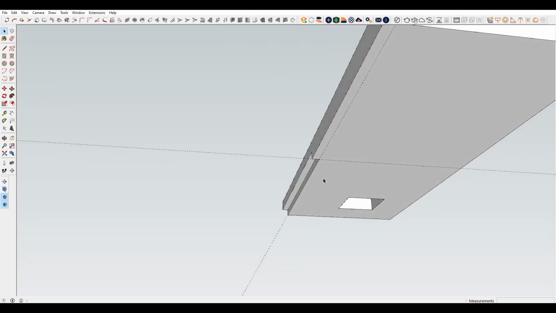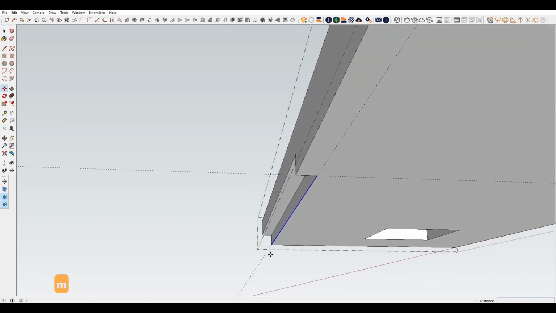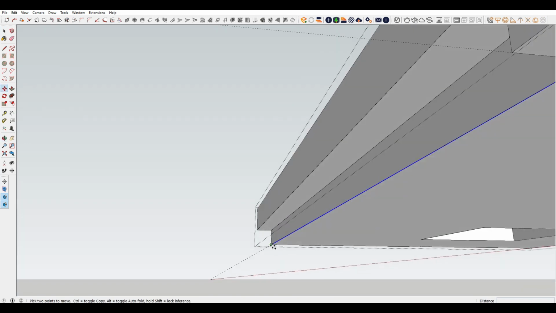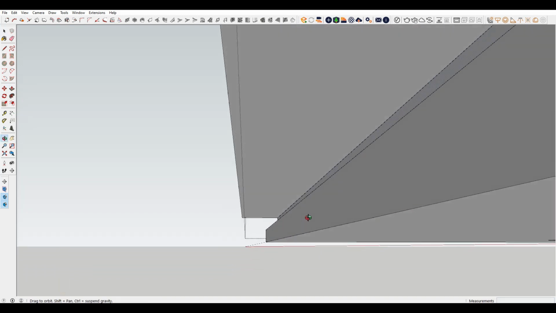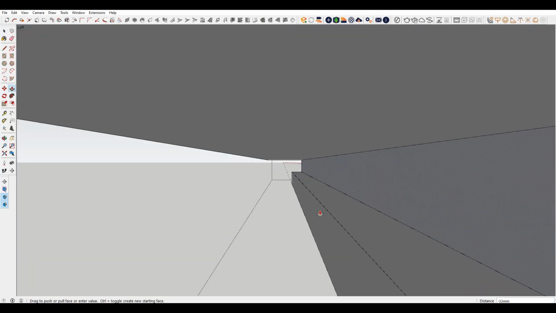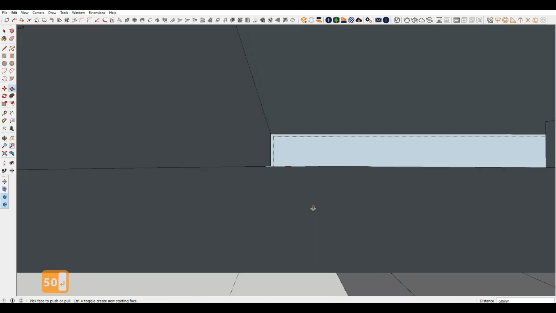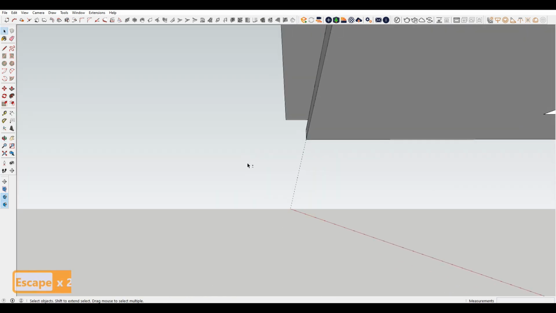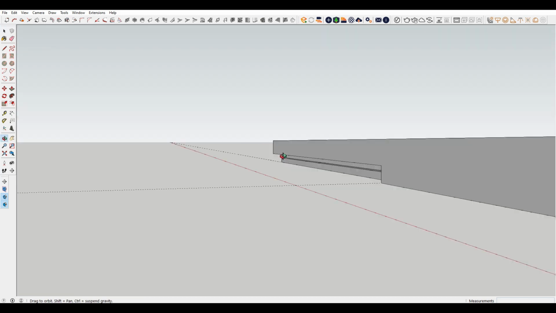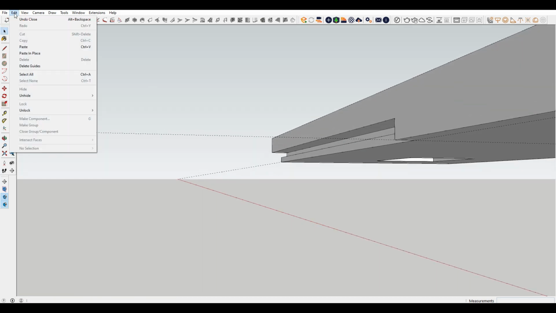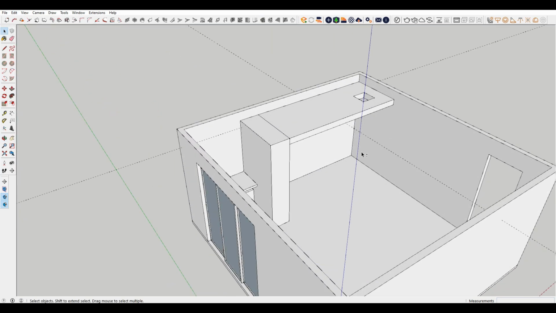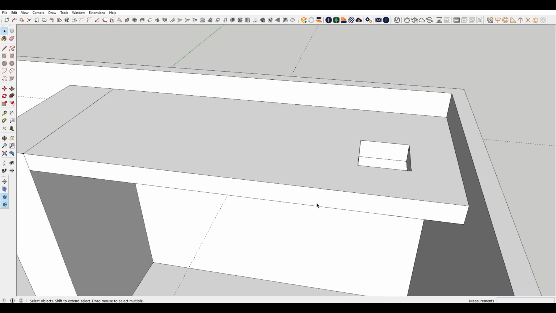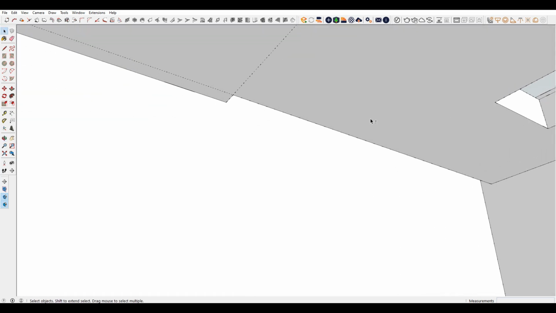Select this line, Control to copy, place it on the mid, push this upper surface for around 50 mm. Now to unhide that, go to Edit, Unhide All. Okay. So here we can put a cove light for a nice effect,